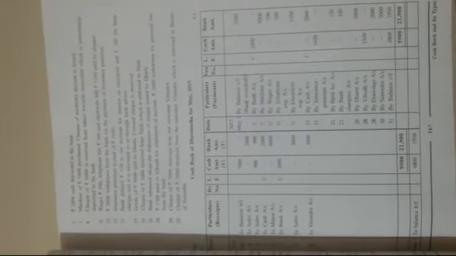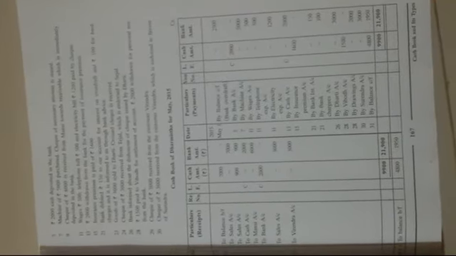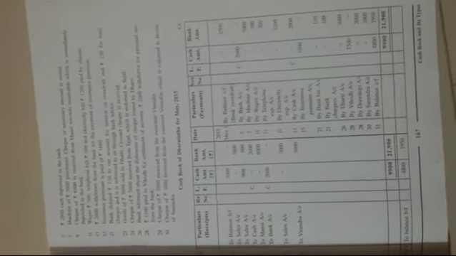Then the next transaction is 11th of May. Wages of rupees 500, telephone bill of rupees 500 and electricity of rupees 1200 were paid by check. So here the bank account is affected, first thing. Then wages, telephone bill, electricity bill were paid, which means they are considered as expenses of the business. And third thing, bank balance is also decreasing. Therefore, it will be recorded on the credit side of the cash book.